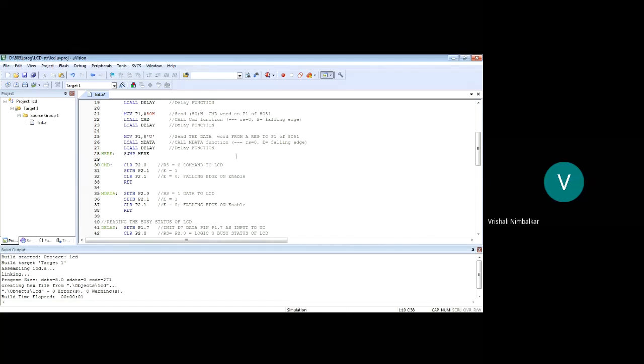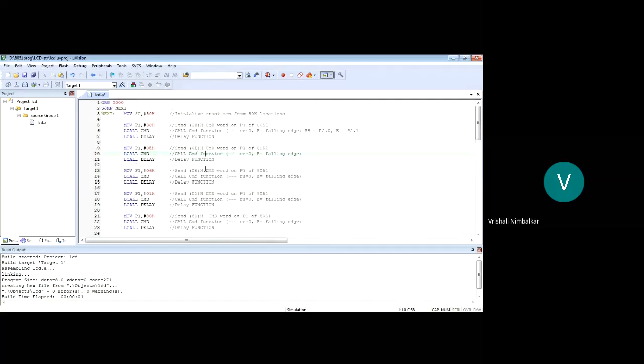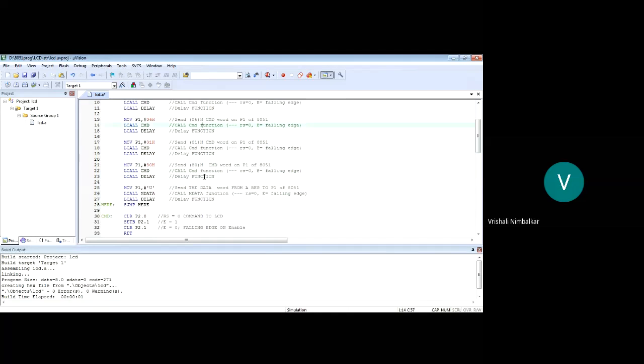Okay, so I am modifying this program. We are going to modify this program to display multiple characters, that is, display a hello string, and let this hello string be stored in program memory, the ROM memory itself. So let me modify that. So this is my program.